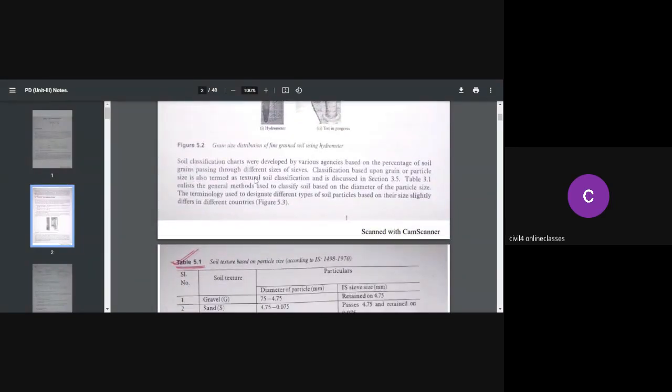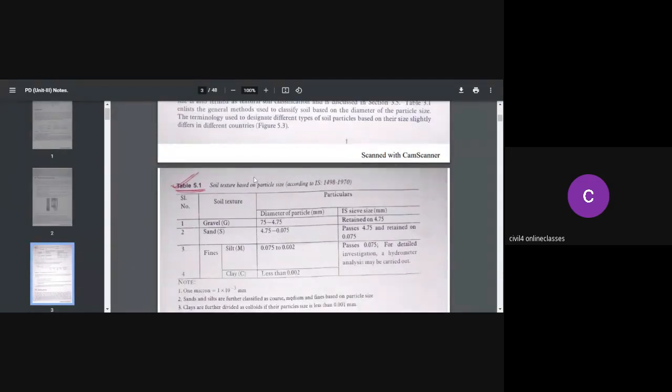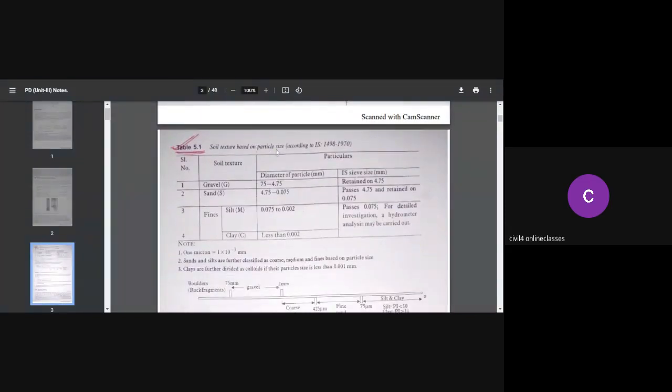The charts were developed by various agencies based on the percentage of soil grains passing through different sizes of sieves. You can see here, this is a soil texture based on particle size according to IS. IS is the Indian Standard Classification of Soils. According to the IS standards, 1498 and 1970, according to that code, soil texture is